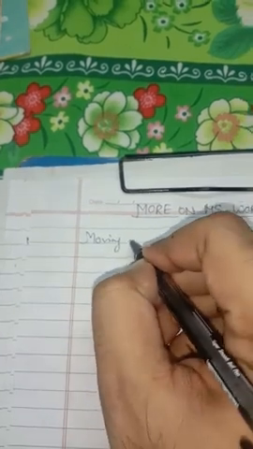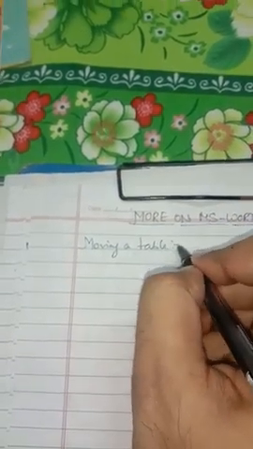So now we are going to discuss a few more topics regarding the table. Here we are going to discuss how to move a table. First of all, let us have a quick recapitulation of what is a table. We can say a table is a collection of several cells. And what are cells? The intersection of row and column is known as a cell. Now how can we move a table?